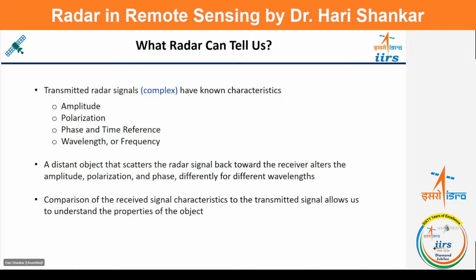Or you can say correlated means they should have similar characteristics. Then only we can apply the interferometry. So that similarity, or you can say the correlation, but here we use the term coherence. So the coherence between the two signals should be very, very high. Then we can measure the interferometric outputs very, very accurately. Okay. So in that sense, the coherence we can add as a fifth parameter for the radar, especially in the